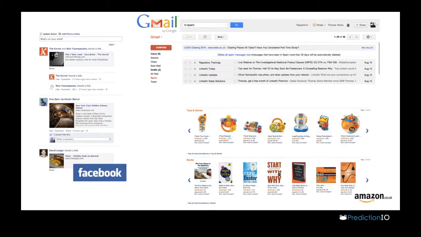By predictive features, I think this audience knows what we're talking about, but some classical examples are Amazon's "people who bought this also bought this," Gmail's spam detection, and Facebook's newsfeed. You might not think of it this way, but it can be seen as a recommendation problem of what different items you show in someone's newsfeed. The term has also been popularized as "data products" by DJ Patil and the team at LinkedIn. So things like people you may know.